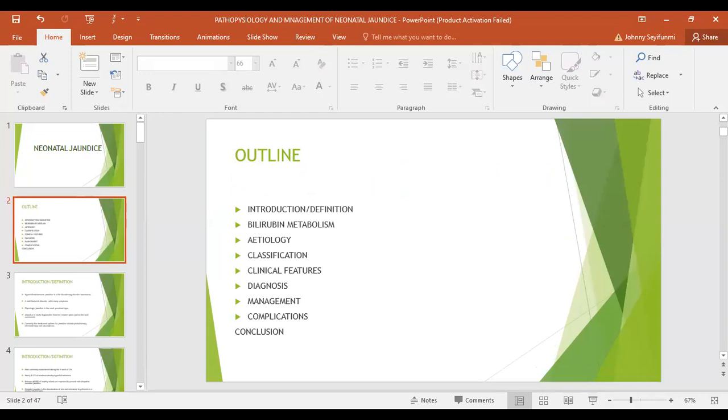I hope that after this, we will talk about kernicterus, that is bilirubin-induced neurologic dysfunction, BIND, in other words, also called acute and chronic bilirubin encephalopathy. But before we get to complications, let's talk about what neonatal jaundice is about. So I will introduce it, talk briefly about bilirubin metabolism, the etiology of